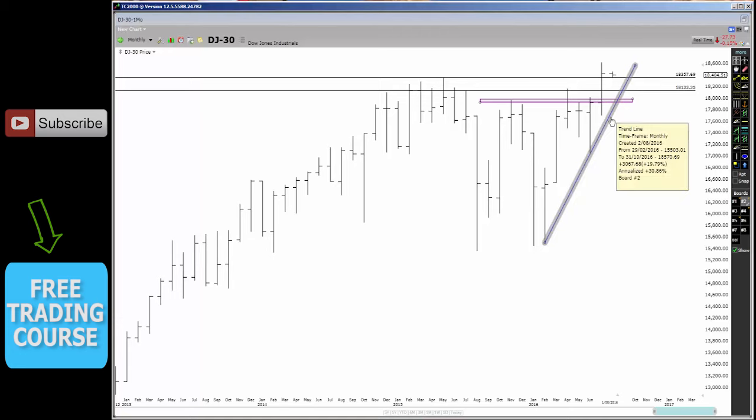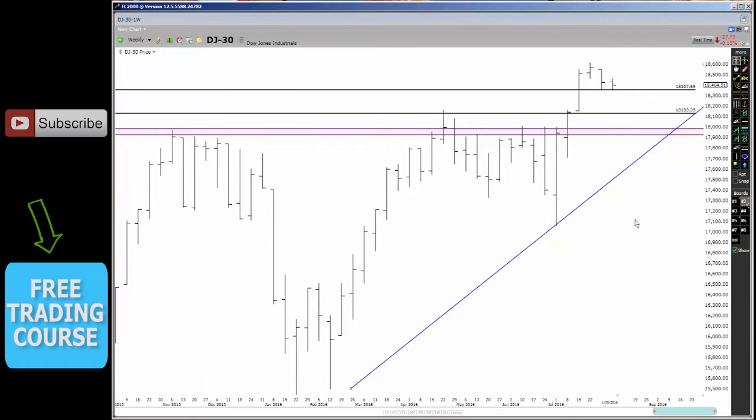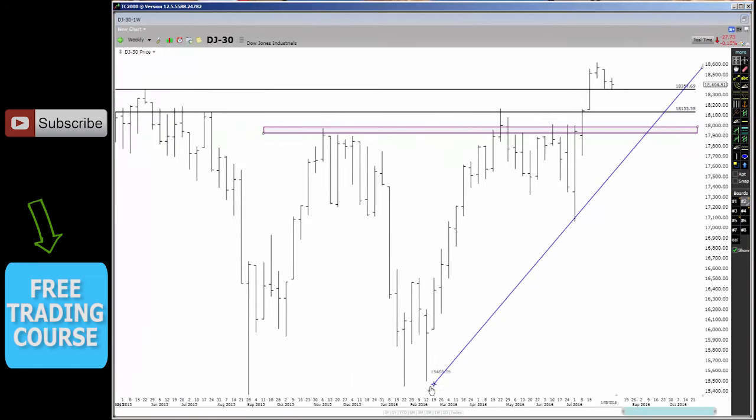We start to break below this trend line here, especially as well. You can see we have 1, 2, 3, 4. If we start to break below all these levels, guys, it just shows, on the monthly chart by the way, that those levels are broken, that those levels are indeed